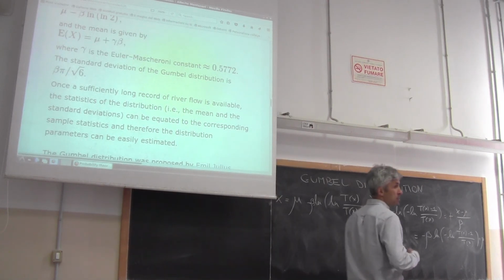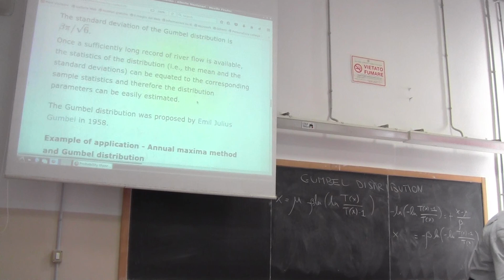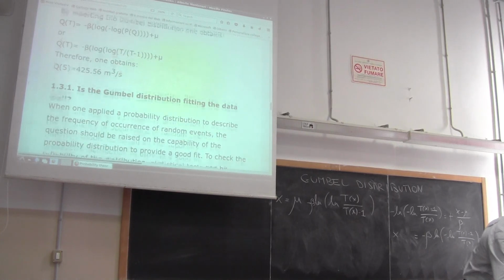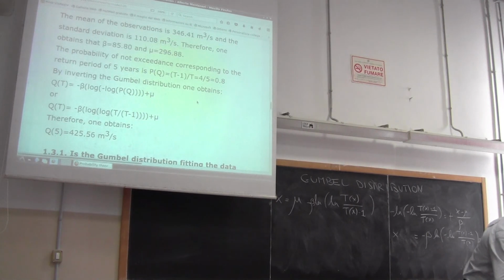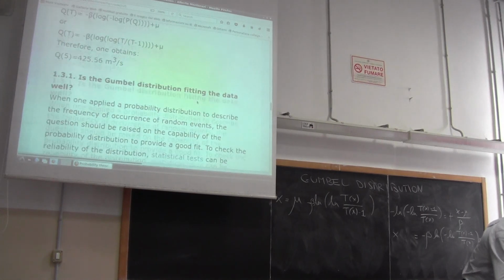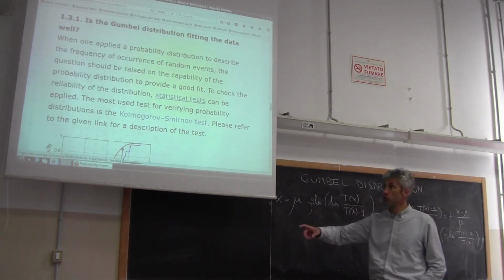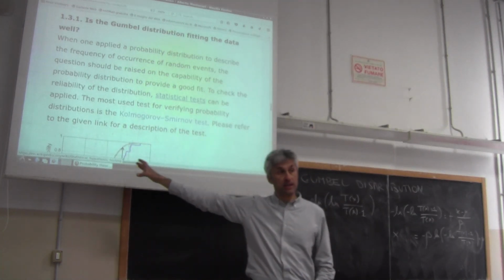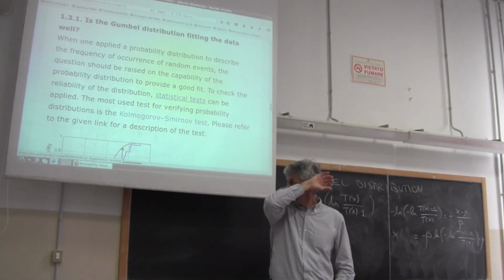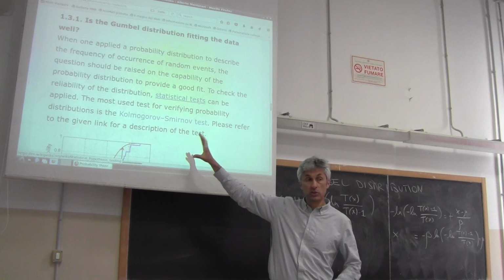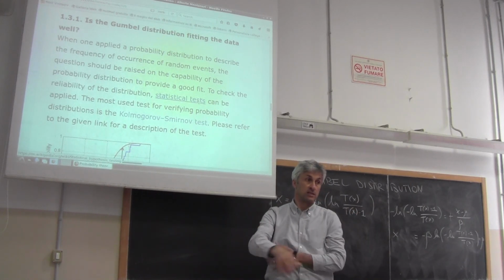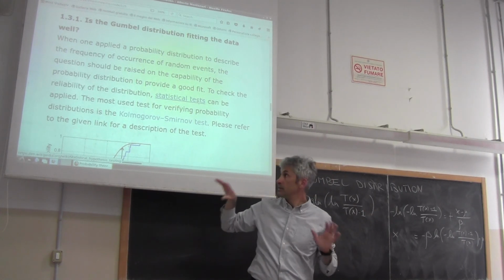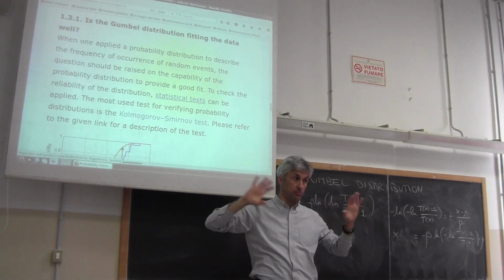And the literature provides plenty of tests to prove it. And here there is an example of application, very simple. Look at it because it clarifies, and you see that it's very simple to compute the peak flow. But then there is a section titled, is the gamma distribution fitting the data well? Please read it. We are not dedicating time to it because we don't have time. And also, it's not really very central to what we want to do, but keep in mind that it's needed. It's trivial, because statistical testing is nothing complicated, but of course one